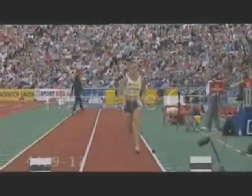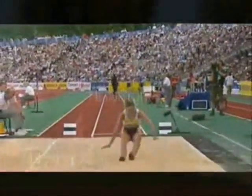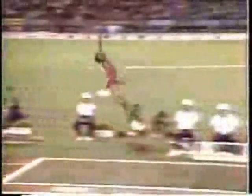The takeoff. The takeoff is basically the last part of the approach. After this, the athlete needs to sink their hips, then raise them into the takeoff phase. This will cause your second to last stride to be the longest, and your last stride to be the quickest